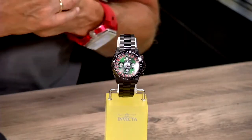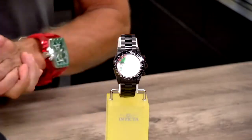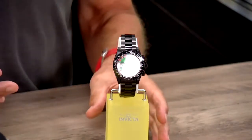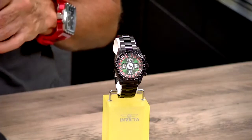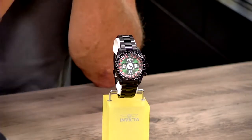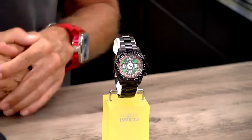VD53 movement. 200 meters water resistant with screw-in pushers and crown to emphasize the water resistance of the watch. Flame fusion crystal, everything you want in your Invicta watch is in this beautiful timepiece as well. 44645 is your model number. 216 euros is the regular pricing on invictastores.eu. We are offering this watch during the Let's Talk Invicta show and for the next 24 hours, if still available,